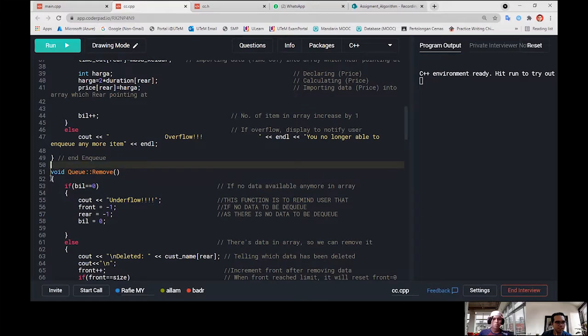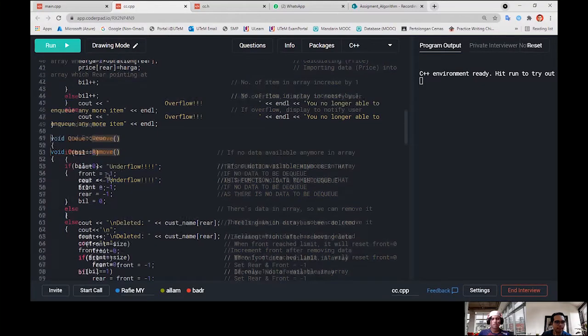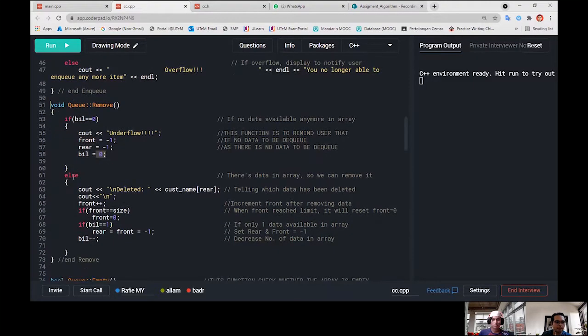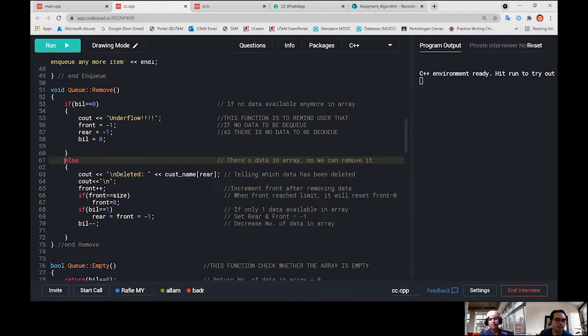Okay, let's move to the next function. The next function, which is remove, will be implemented by checking if the number of array is equal to 0, which means empty, then underflow will be displayed. And then the front, rear, and number of elements in the array will be overwritten with this value. If it is not underflow, then this command will be conducted. If the array is not empty, this delete message will be shown